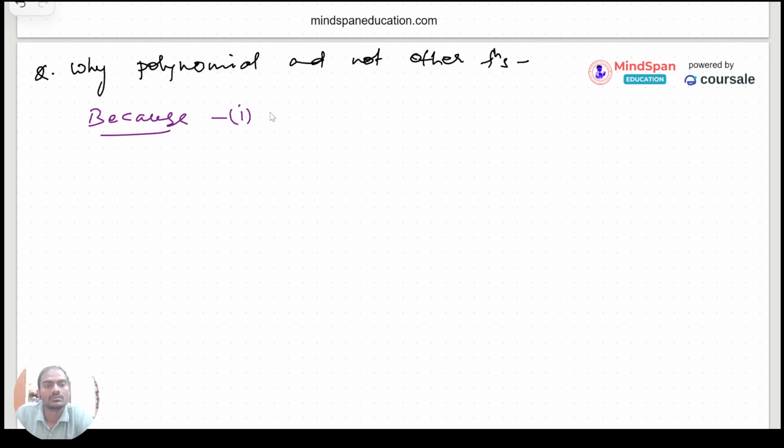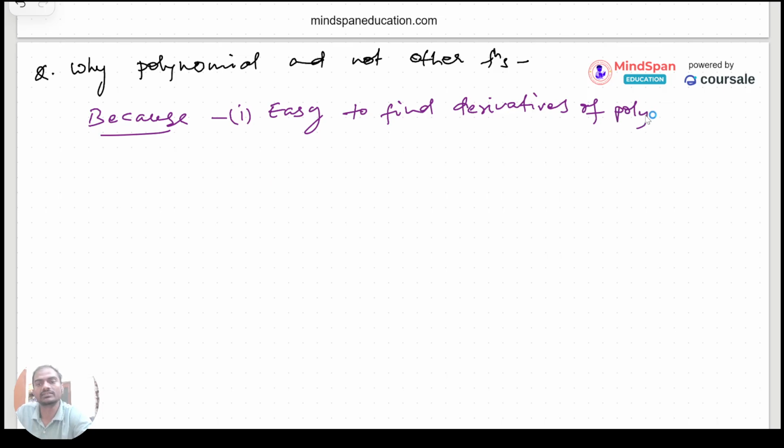पहला तो it is easy to find differences, or you can say derivatives of polynomial। यदि हम कोई ऐसा चीज ले लें जिसको हम कैलकुलेट करने में ही बहुत ज्यादा प्रॉब्लम हो रहा है, तो फिर वो फॉर्मूला हमारे किसी ज्यादा यूज का नहीं होगा।